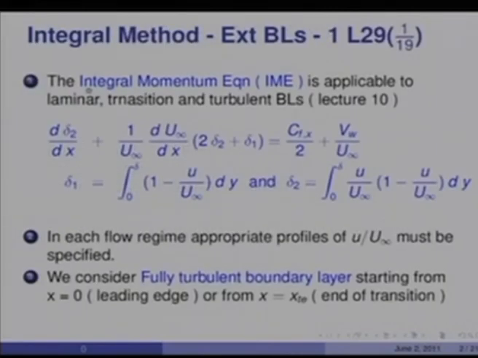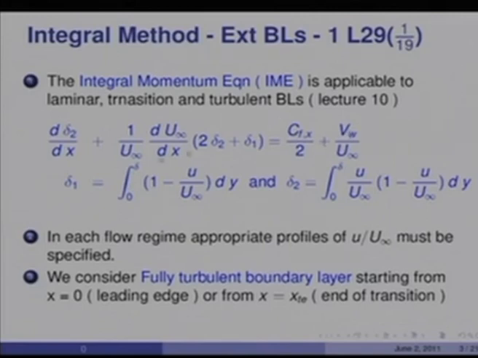We begin of course with the integral momentum equation, which as you know is applicable to laminar, transition and turbulent boundary layers. I mean there is no separate integral equation, because the differential equations have already been integrated from the wall to the infinity state, and the integral equation reads as d delta 2 by dx plus 1 over u infinity du infinity by dx, which is the pressure gradient parameter. Delta 2 is the momentum thickness, delta 1 the displacement thickness, Cfx is the coefficient of friction, and Vw is